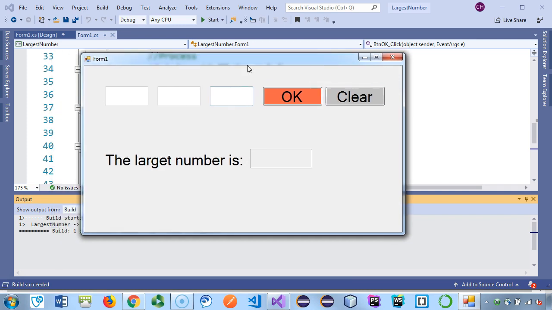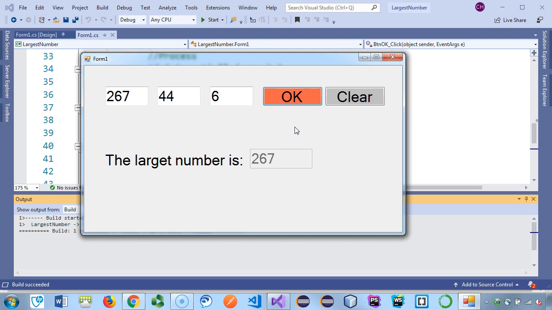Okay, here we go. So if I put in the numbers 2, 4, and 6, the largest should be the third number, 6, and that's what we get down here. And if we disable this box here so it's not editable, you can see it, but you cannot change the data content when you're running the application. So that's true if you change it to be the largest number, then 44, and of course,